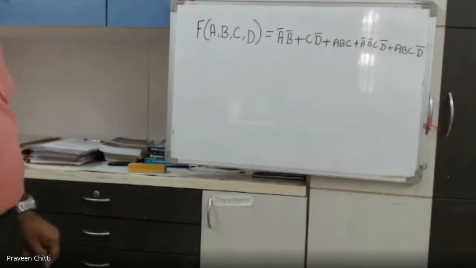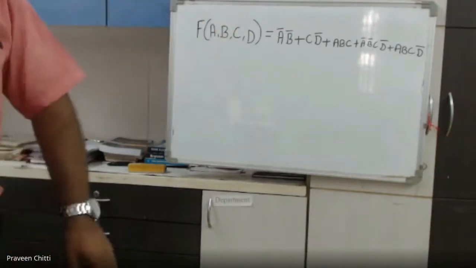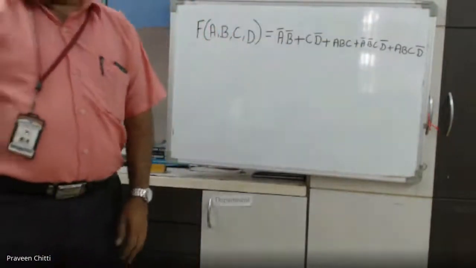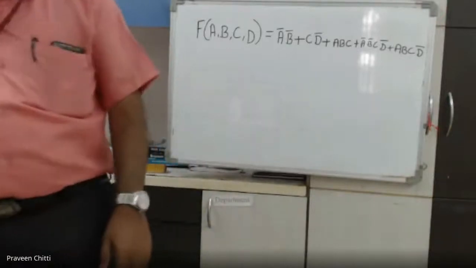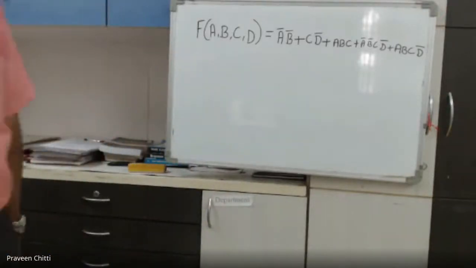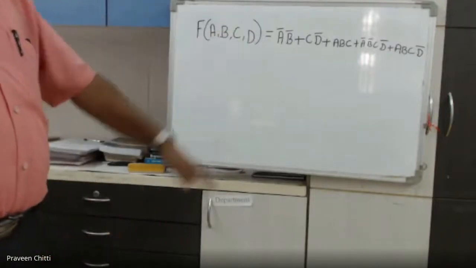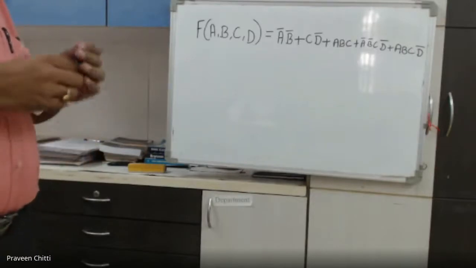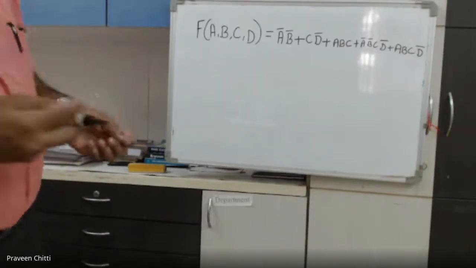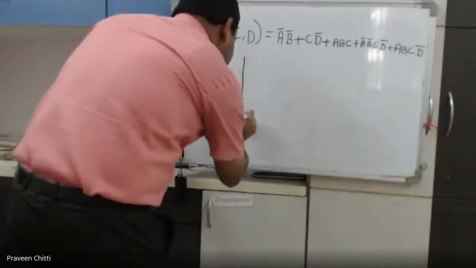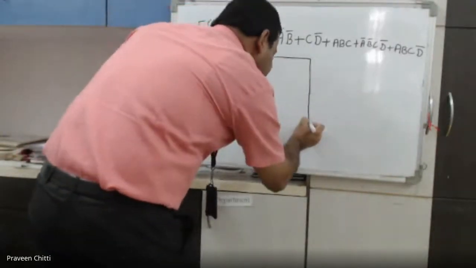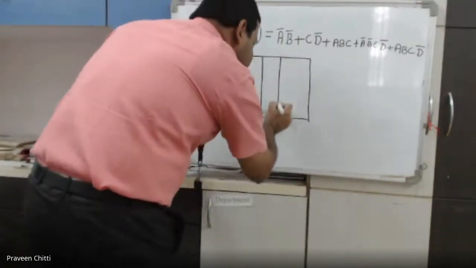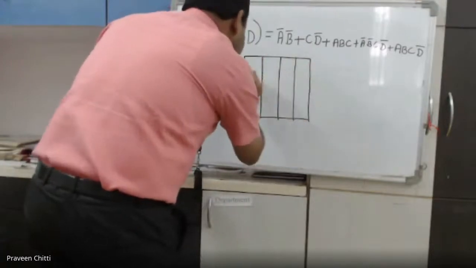So how can we do that now? As it is, directly we have to map it onto the K-map. We are not supposed to expand this. Already I have told you how to expand, and then you can put it into the K-map and get the answer. But here the condition is you are not supposed to expand. Without expansion, directly you have to map it onto the Karnaugh map. So how should we do that?